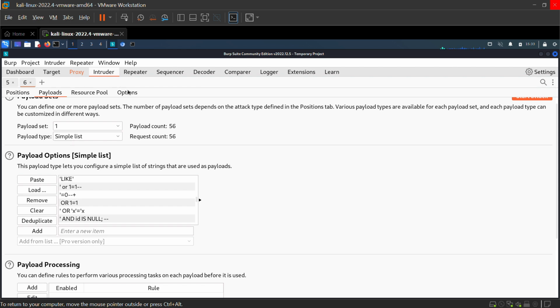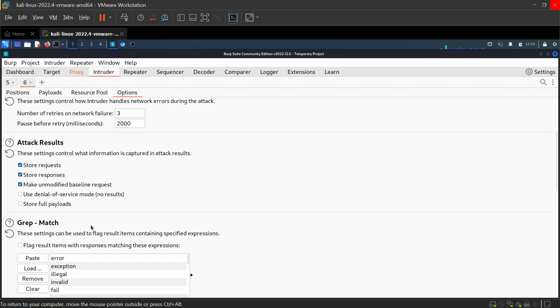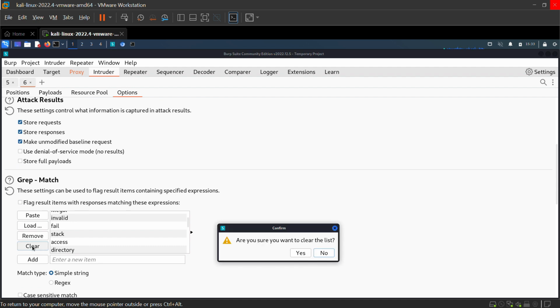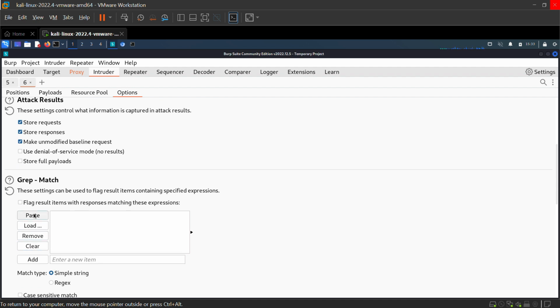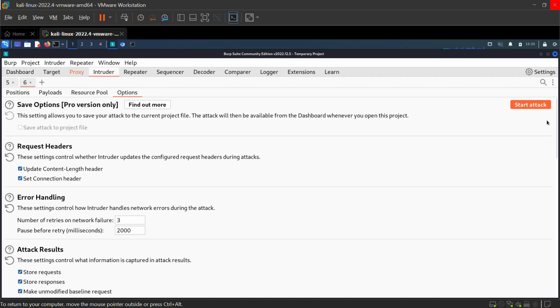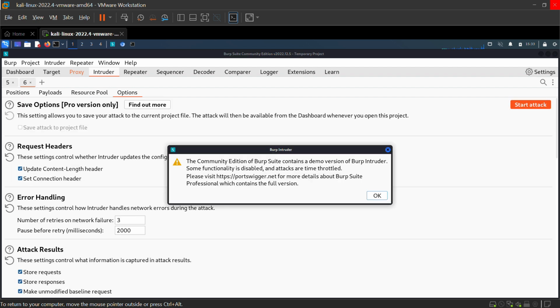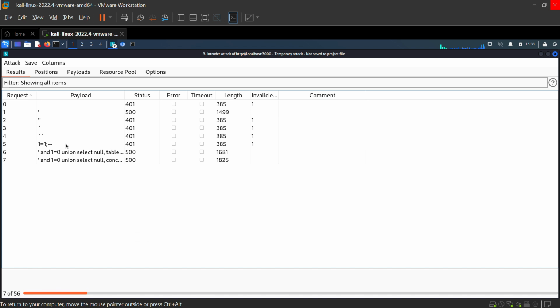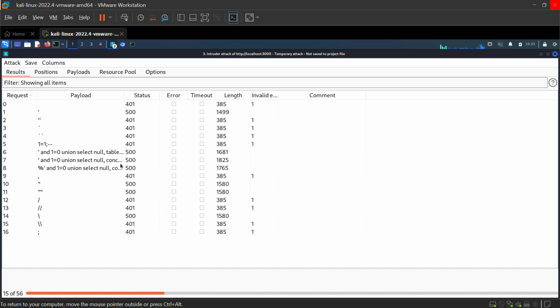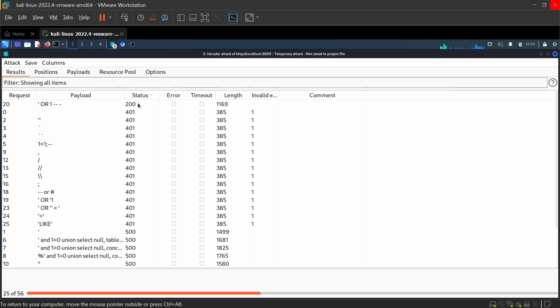Next, I'm going to go to the options section, and over here firstly I'm going to clear this and then paste, so that all the strings that match this message are marked. Now I'm going to start the attack, and one by one these queries are being inserted in that position. So if I sort the